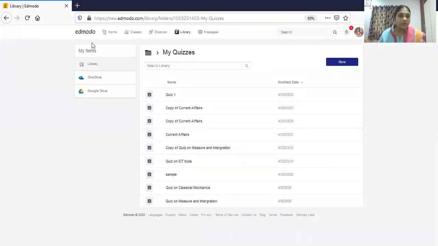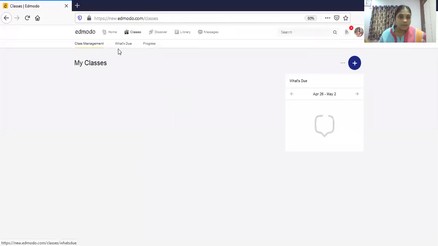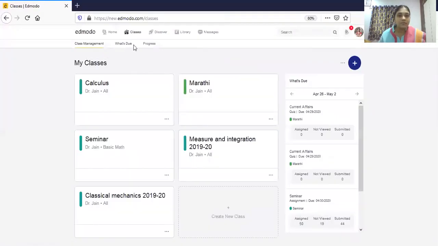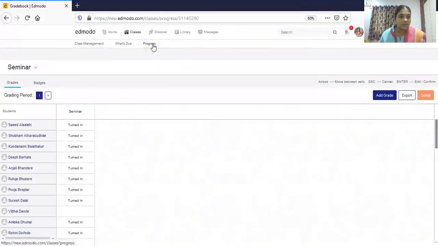Now we'll go quickly to the students' progression. In classes, you can see class management, what's due, and progress. If I want to check students' progression, I go to the progress of the students.